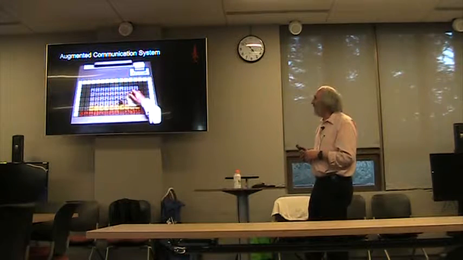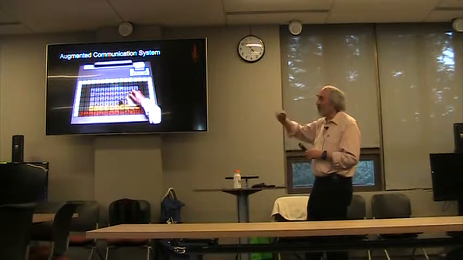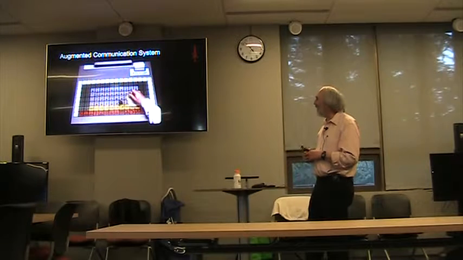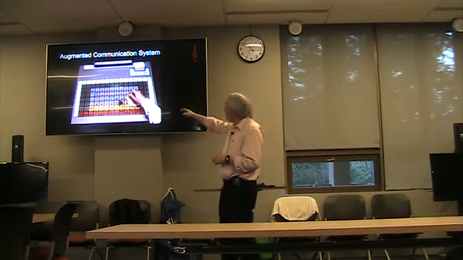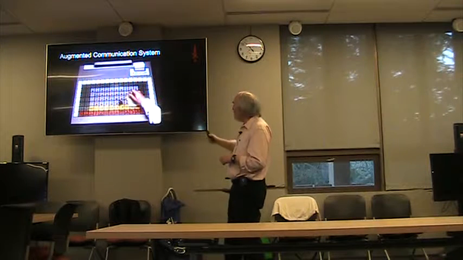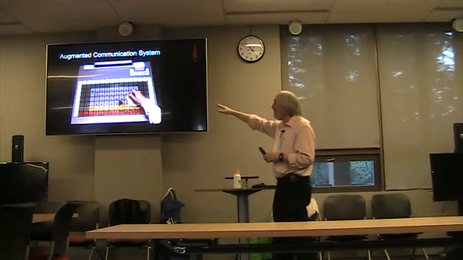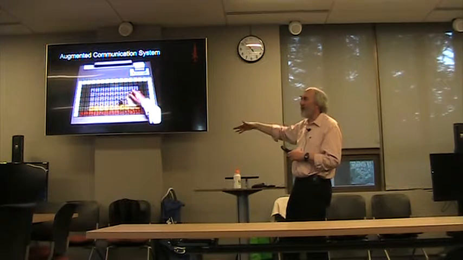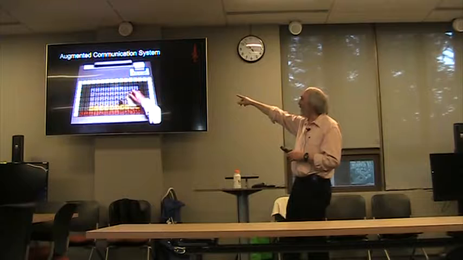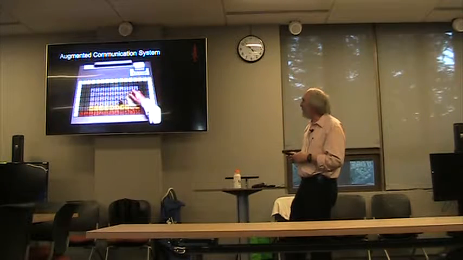Okay. Here's another system. If you do have some hand movement but you're non-vocal, this device has a magnet that's controlled by your motion. You move it over an alphabet and hold it there to select a letter, to build up a word, to build up a communication, which is printed out or displayed above.